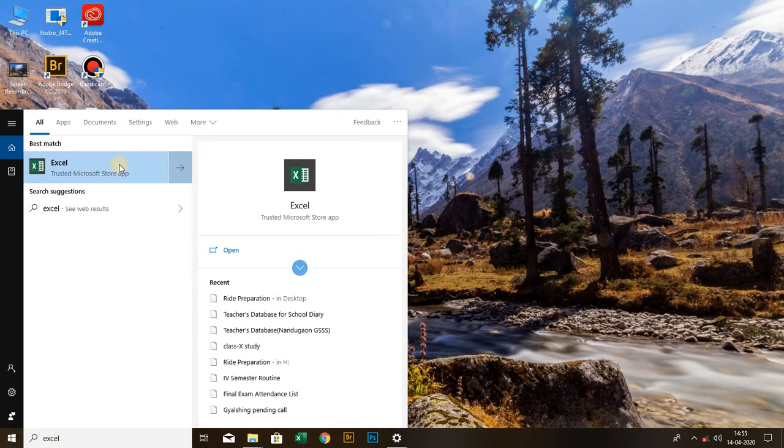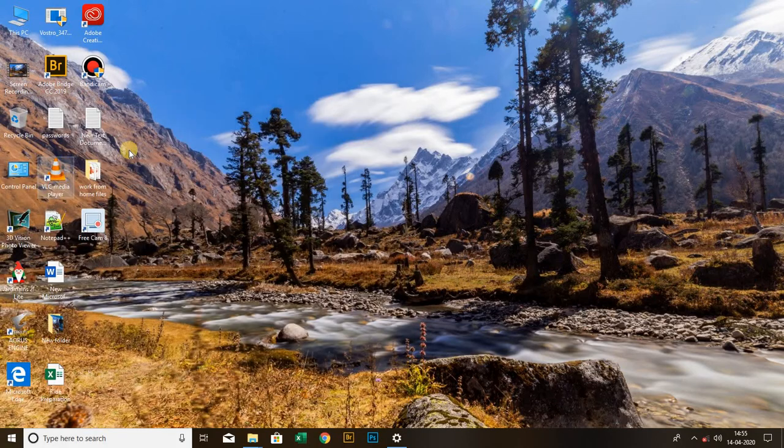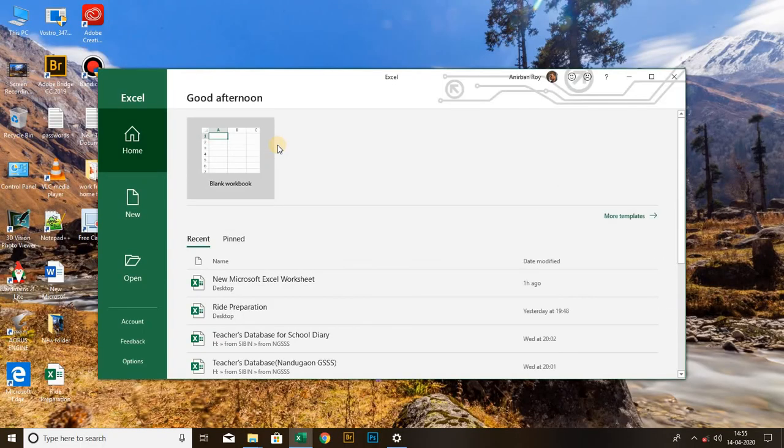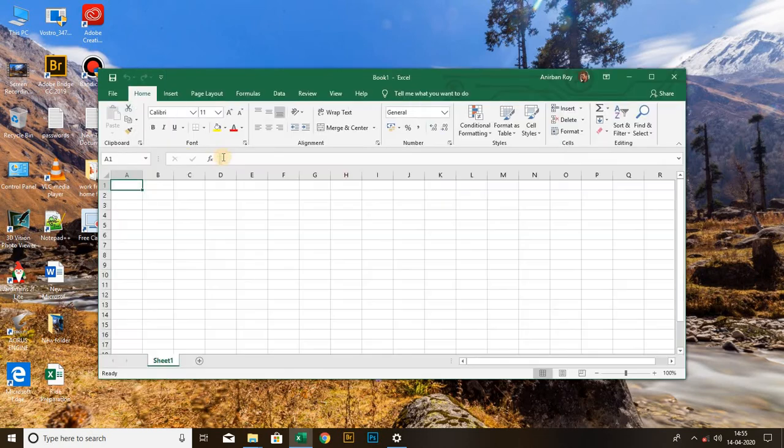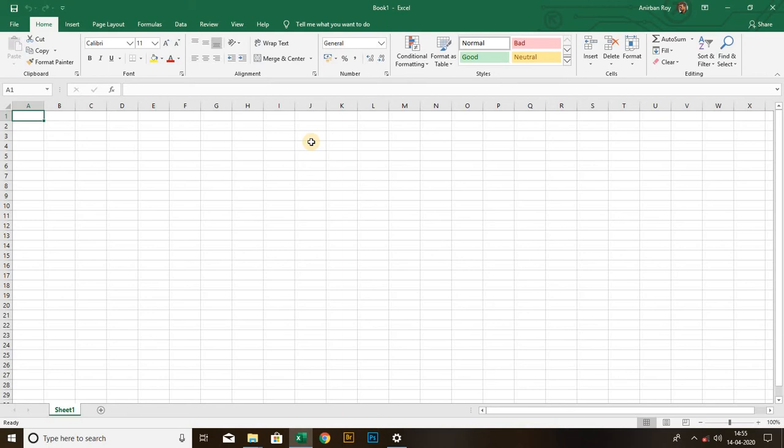Now we will have to click on this particular icon. Now we'll have to click on the blank workbook, and then we got opened our first worksheet named Book 1.